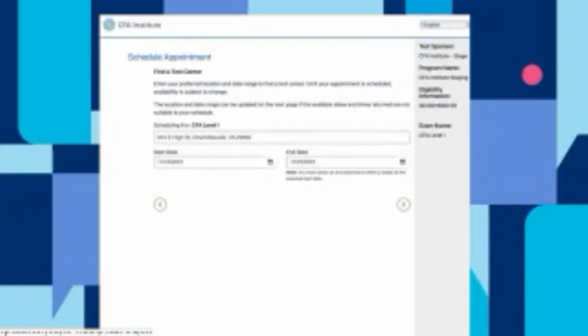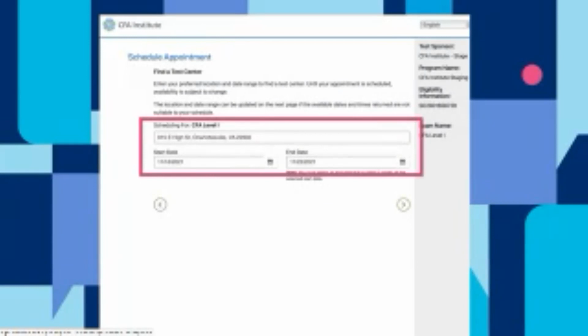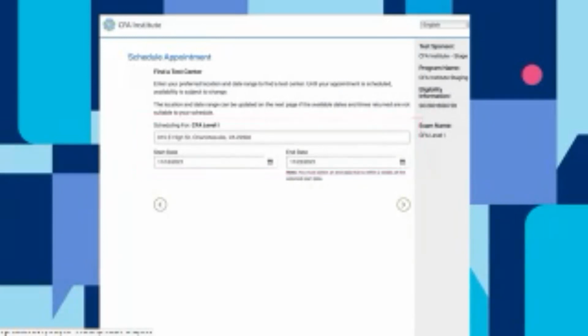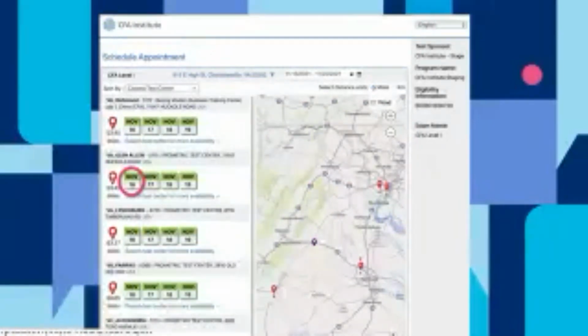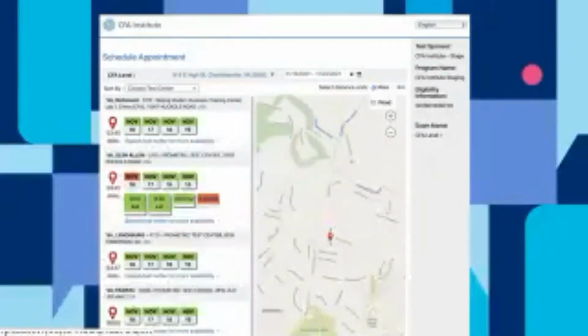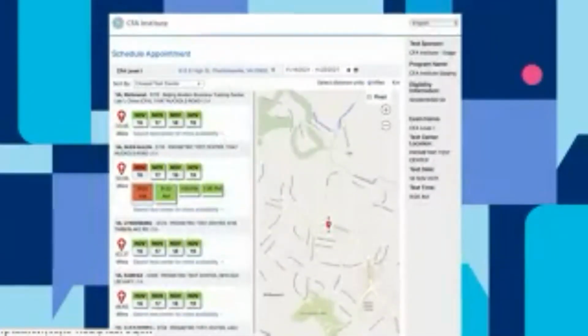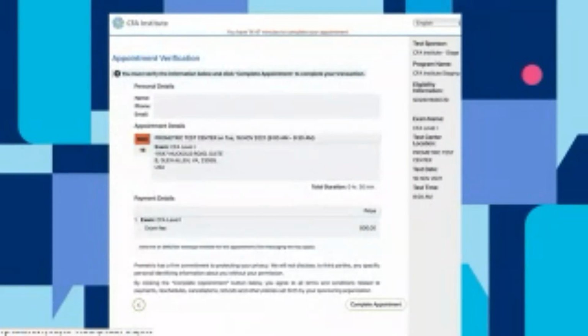This will take you to the Prometric scheduling tool, where you will be presented with available testing centres with dates and times. Enter your preferred location and testing dates to check your options. Search by city and country to return a more accurate list of locations. The search function will return test centres within a 200-mile radius. You will be offered available locations, test dates and times. Choose from the available options. After you make your selection, your chosen appointment will be displayed. Make sure to click the Complete Appointment button at the bottom right to finish scheduling your exam dates.